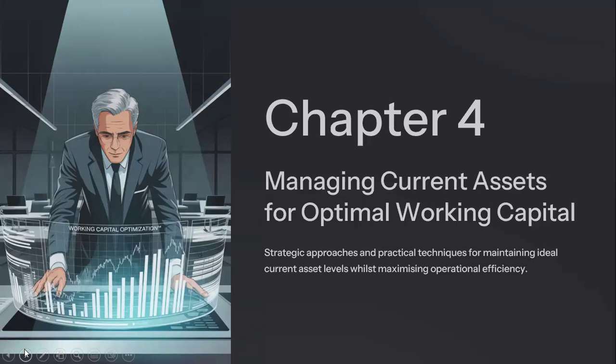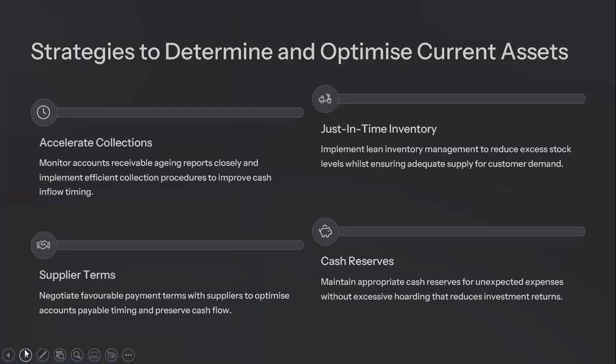So, in managing working capital, I need to ensure that I'm arranging the funds in proper sequence and I'm making sure that they are available as and when required. Now, what are the strategies for optimal working capital? The first is to accelerate my collection. I need to ensure a short collection period,